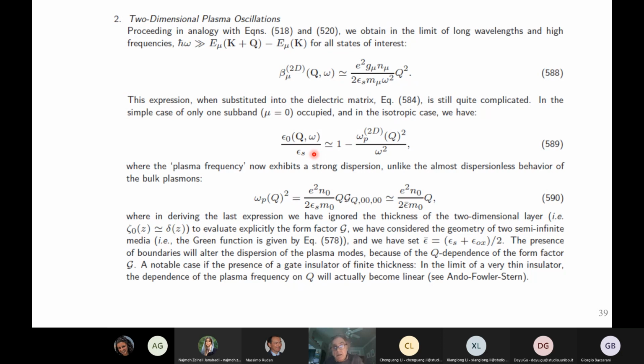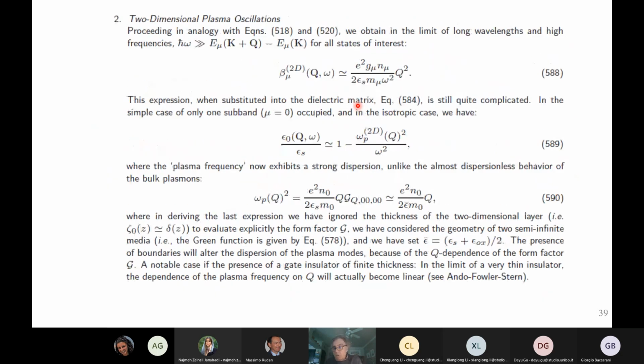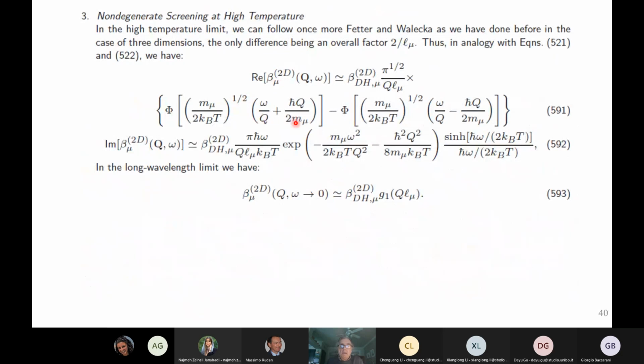Screening is weaker. Static or dynamic screening by the free carriers gets more complicated because you have many subbands, and all of these subbands contribute. In principle, this expression that I wrote here accounts for the inter-subband polarizations, which can induce a non-longitudinal component, which is ignored here. So as complicated as this might be, it is not exact, not fully correct. One would have to go to the tensor analysis. And you can derive some expressions for the non-degenerate case, which is seldom interesting in 2D, so this is just